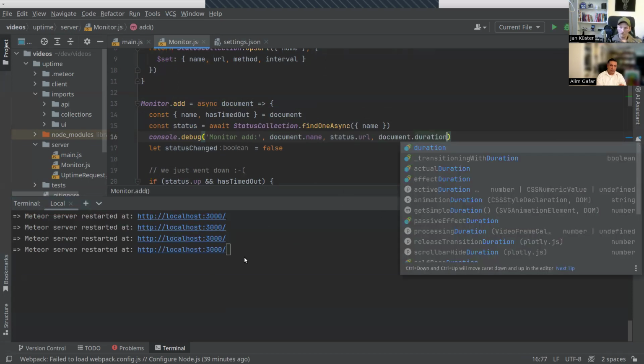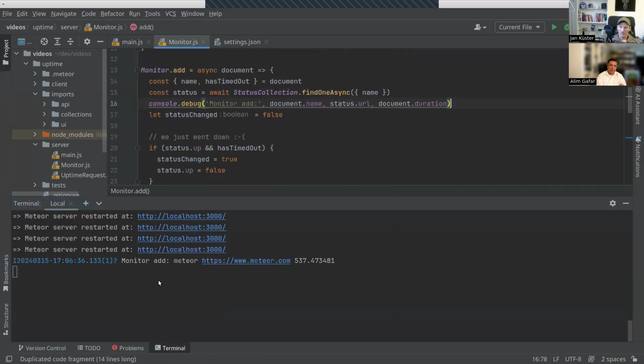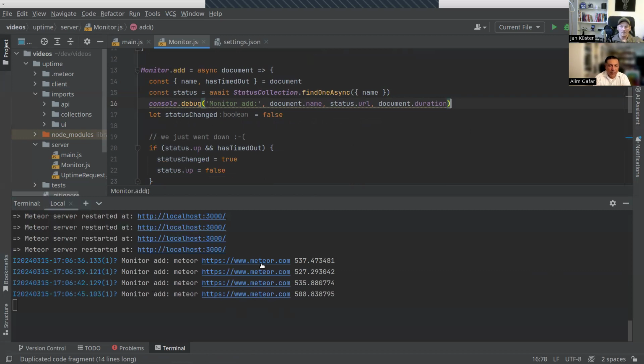Then it should say meteor.com, 525 milliseconds it takes, but it's up because,